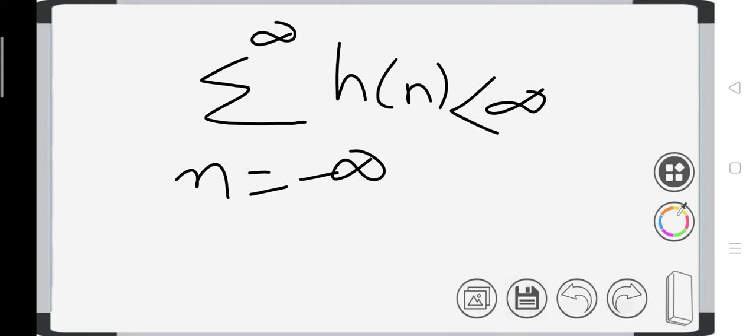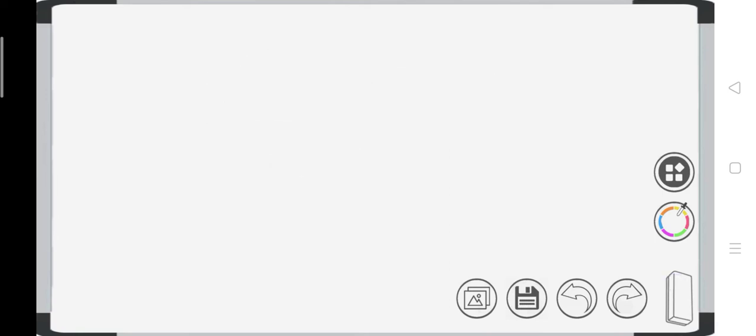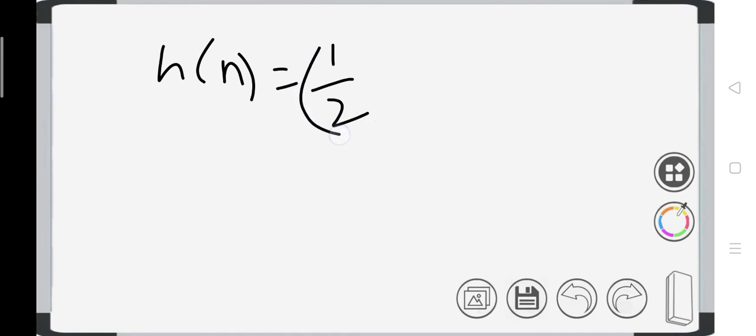And we are having also one problem here. There is one problem here to test whether the system is a stable or unstable system. The problem which is given just like that, h of n is equals to 1 by 2 whole power n into u of n. This is what the given system.